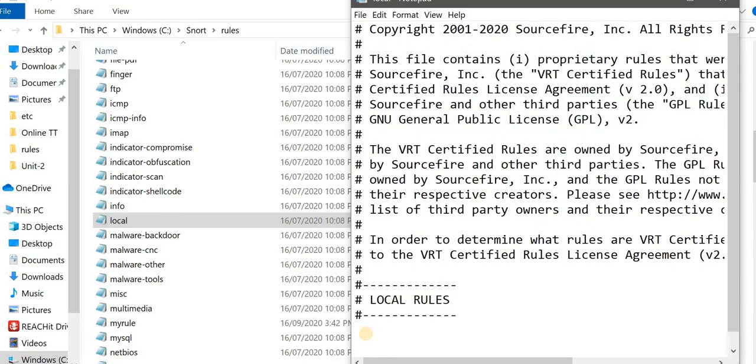Alert ICMP from any source, any port to any destination, any port. You want to display the message as ICMP testing, then semicolon.